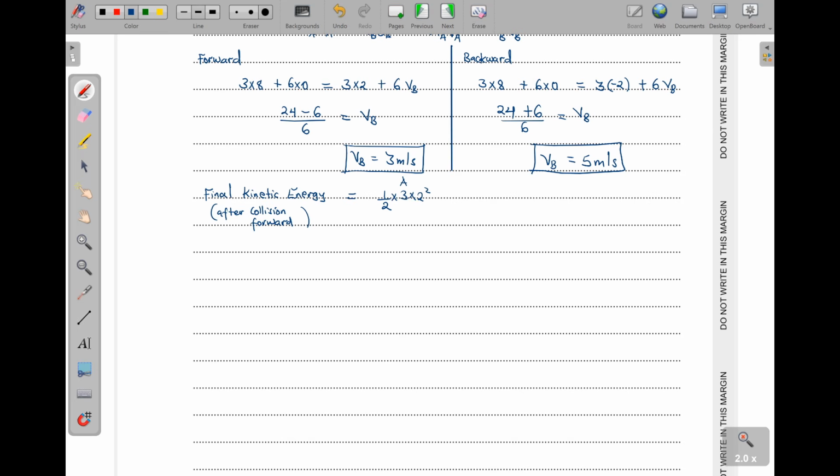This is for A. The final speed is 2, so that's why I'm putting a half. Remember, kinetic energy is a half mv squared. Then for B, it's a half times 6 times, when A is moving forward, for B, it is going to be 3